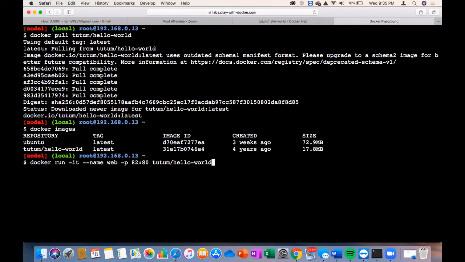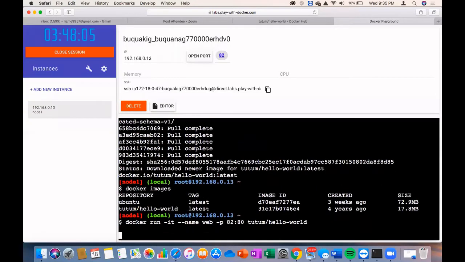Yeah, press enter. So your image is starting to run now. Press Alt Enter again. Alt and Enter. Now you see that on the top it's saying open port 82.